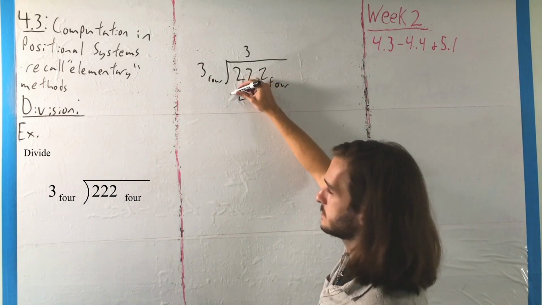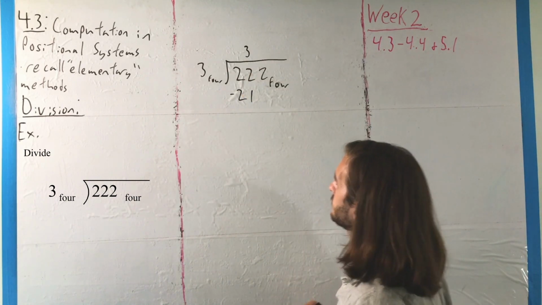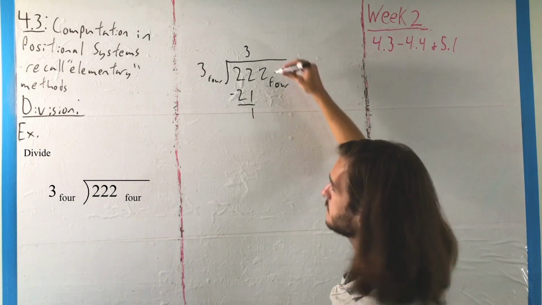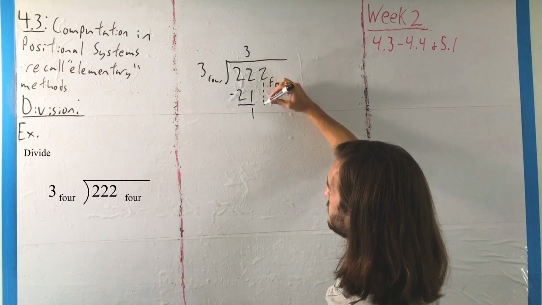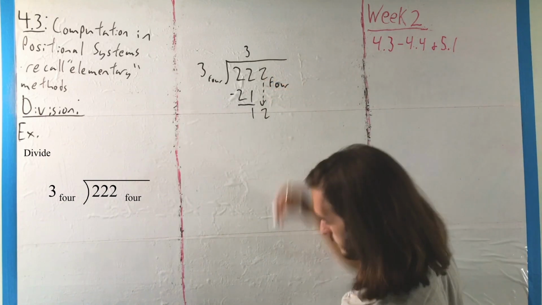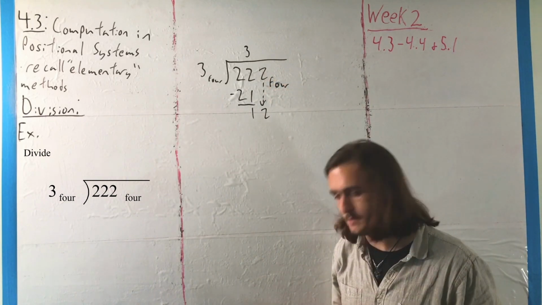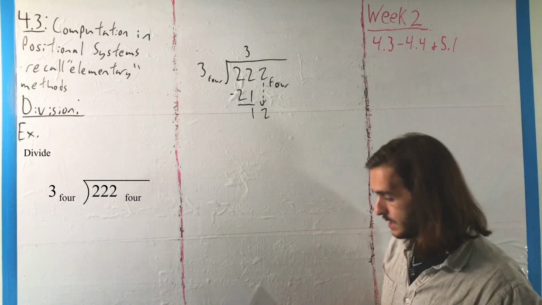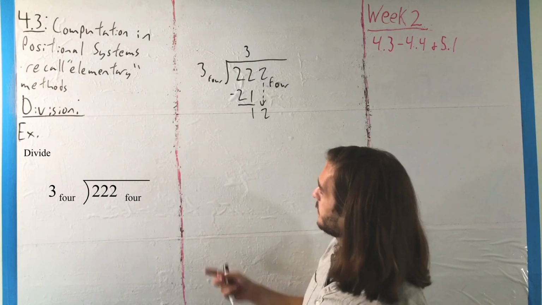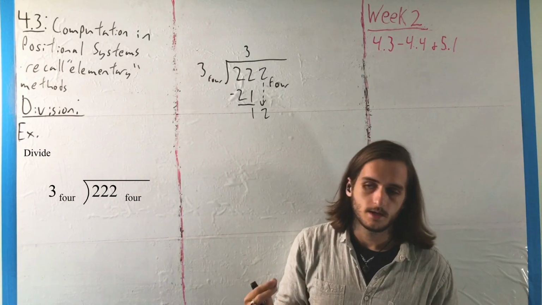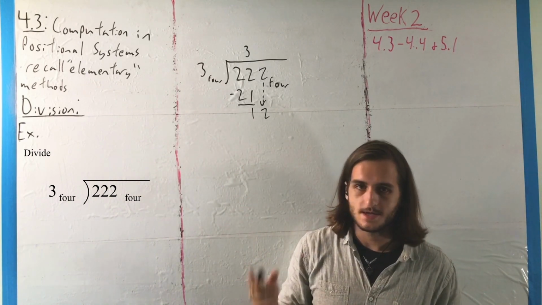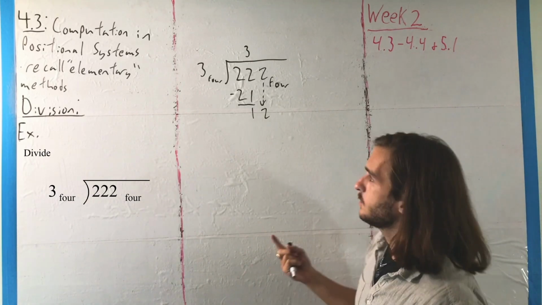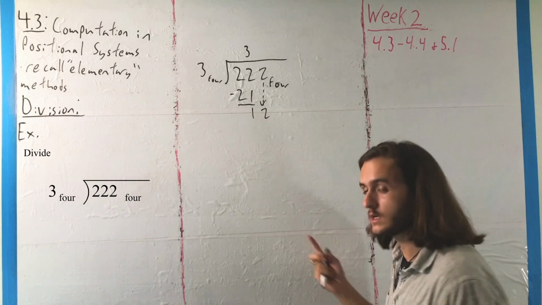So what we're going to do is subtract 1 from 2 in there, and we'll be left with 1, and then we'll bring down the 2, so we'll have 2 in base 4, because obviously 3 doesn't go into 1 in the way that we want here. And to get rid of that, we should understand that 2 in base 4 is a 4 plus a 2, or a 6 in base 10,